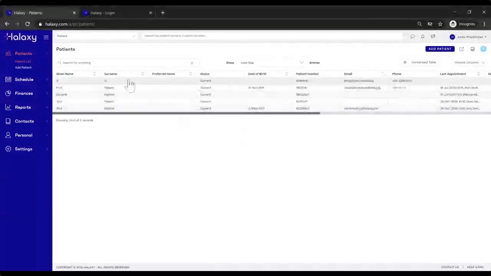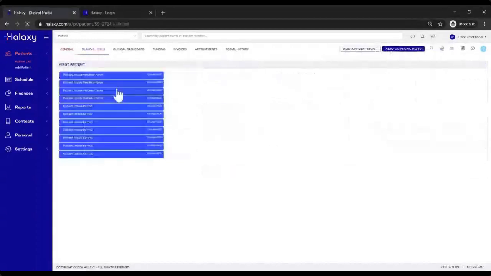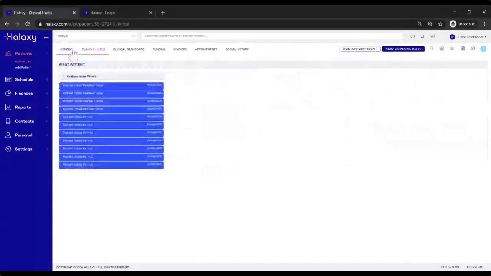So we can actually see our patients' information here. And if I click first patient, the one we saw before, we can see the junior practitioner is still listed here, and we can access clinical notes for this particular patient. Now, if I log back into the patient list